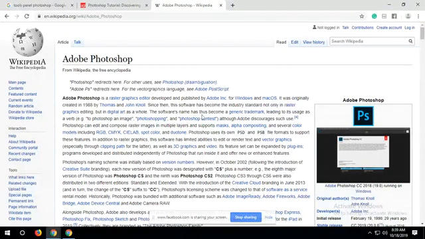The software's name has thus become a generic trademark, although Adobe discourages such use. Photoshop can edit and compose raster images in multiple layers and supports masks, alpha compositing, and several color models